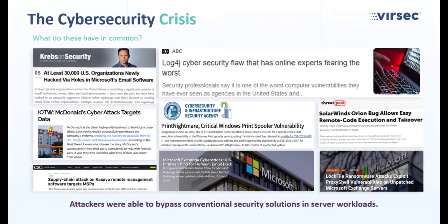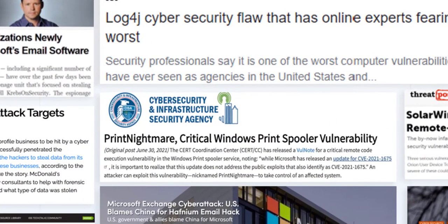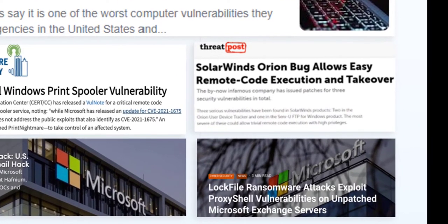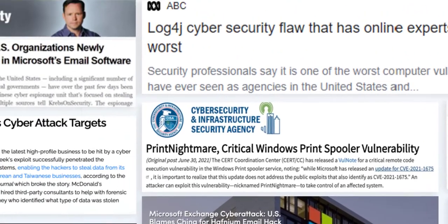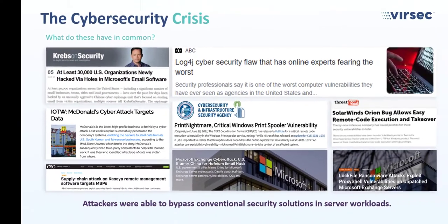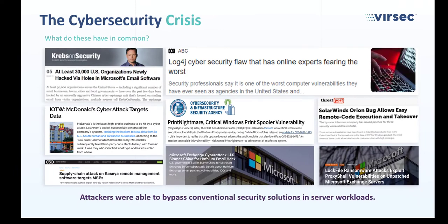PrintNightmare is a critical remote code execution vulnerability that has crippled many institutions. Even with the current patching, this vulnerability can still be exploited. This is one of the many vulnerabilities that attackers can abuse, take over your system, and steal your assets. Virsec stops this type of attack, and much more, in real time without the need for learning, signatures, or source